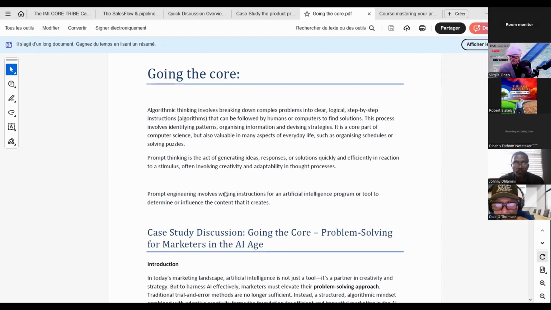If you guys are impressed with what I've done or wonder how I've done it, well, it's all upon that basis: algorithmic thinking, problem solving, and prompt engineering, right? And these are big words just to say again that you need to segment your approach, even when you're solving a problem, even when you're running a venture. Well, these are complex situations, and a complex situation is just an accumulation of simpler processes, right? And this is the mind frame that you want to align yourself with, right?